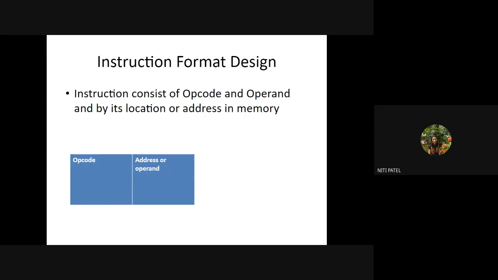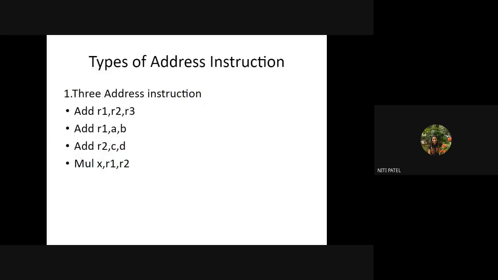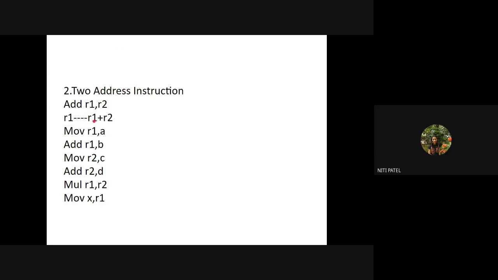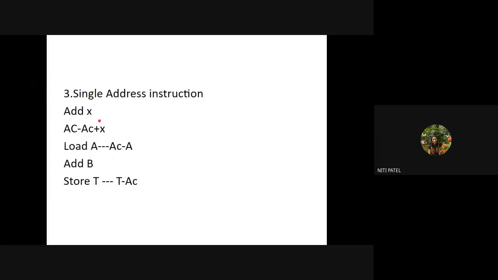This format is the same for even 8085, 8086, 80286 and 386 also. What is that instruction format? It is divided into two. The first part is called the opcode. That is the name of an instruction. And the second part is nothing but the address or the operand from where that instruction or the data of the instruction has to be accessed. We had seen the three types: three address instructions where I have three operands or three addresses, two address instructions where I have two addresses or two operands, and one address instructions where I have only one address or one operand.